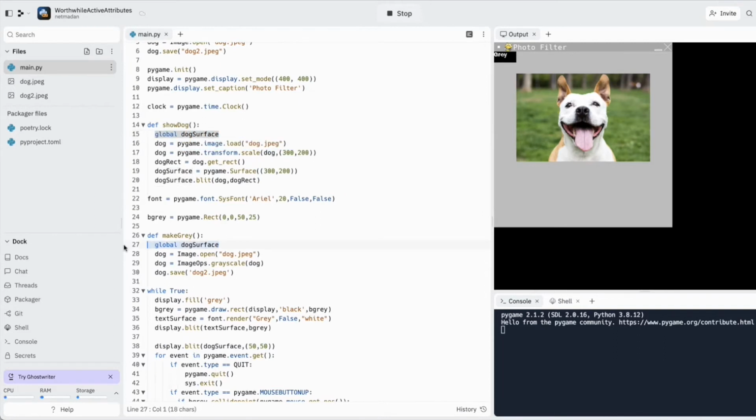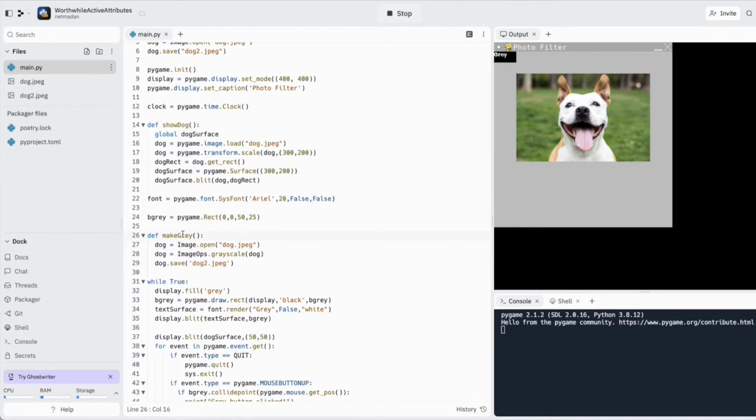So we are not using it here. So we have the make gray function. It applies the grayscale and saves it at dog2. And in the show dog, we will open the dog2, transform it and show it onto the screen. We just have to call the show dog function once